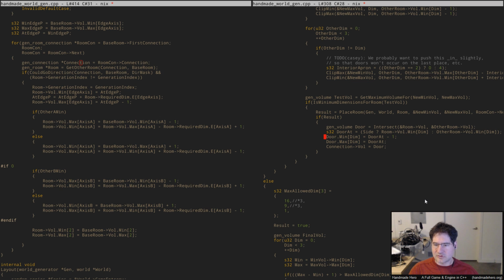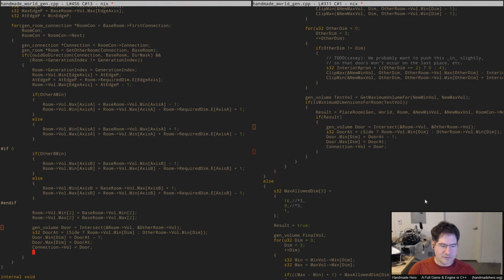We should be able to just use this code or a modified variant thereof to create our apertures between rooms and then sort of tweak it from there. So let's just take a look and see what happens if we drop this in here. Once we've placed these rooms, we can create a volume that is the intersection of this room and the other room that it's being connected to. At that point, we know exactly where they overlap, and we can try to figure out where we want to put